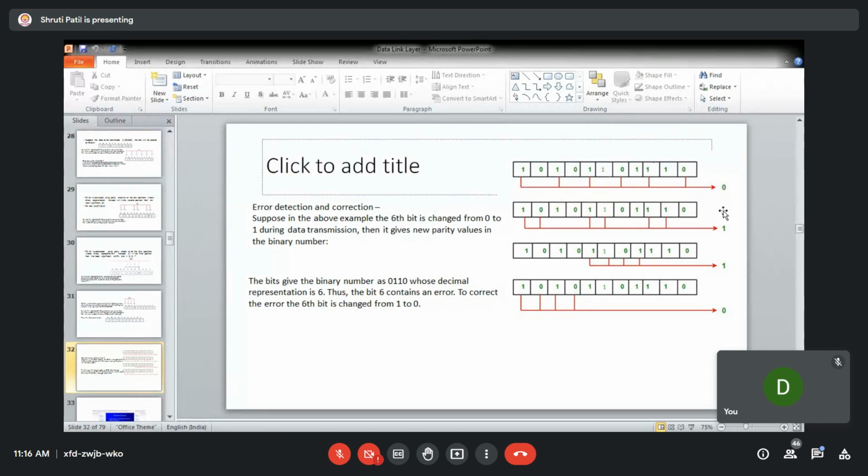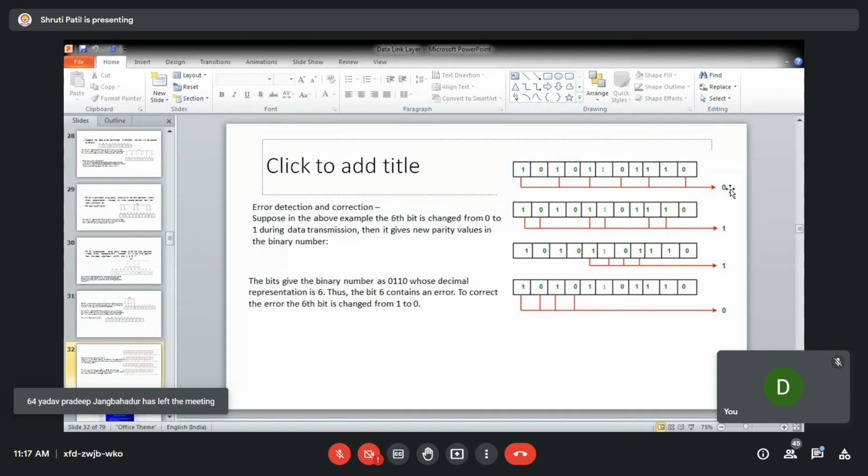So whatever the calculated parity is, this is 0, 1, 1, 0, which makes it the binary number 6. Okay, so the error is at the 6th position. So this one should have been transmitted as 0. So it will correct that 1 to 0, and it will again recalculate R1, R4, R2, and R8.